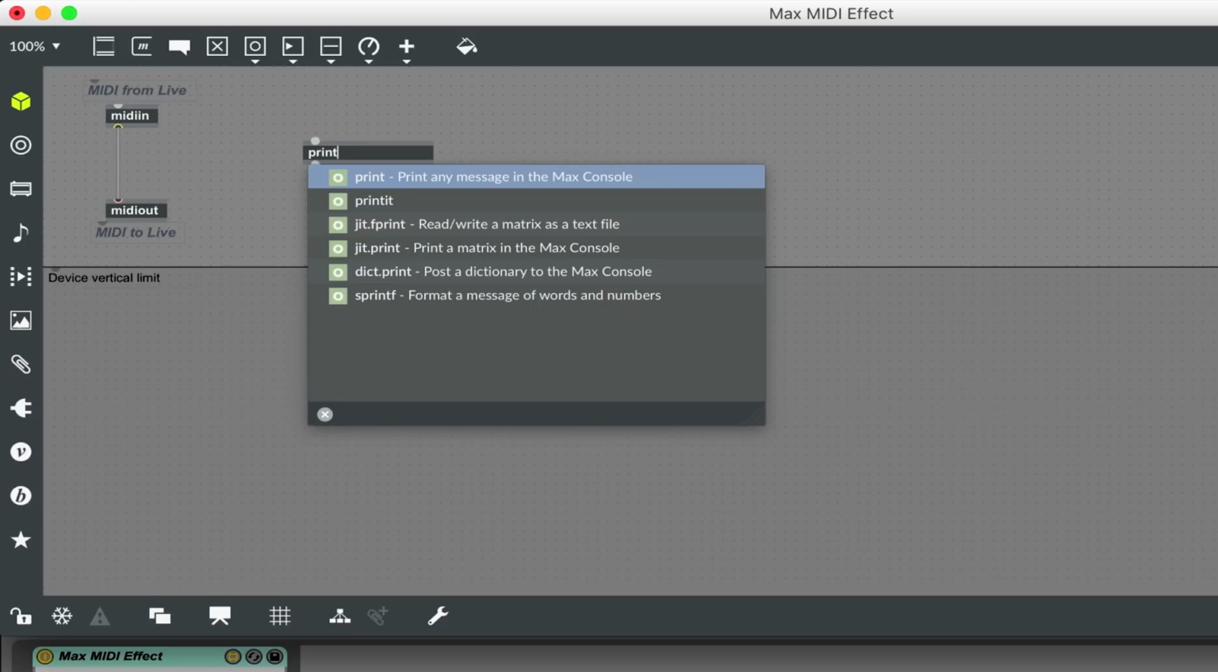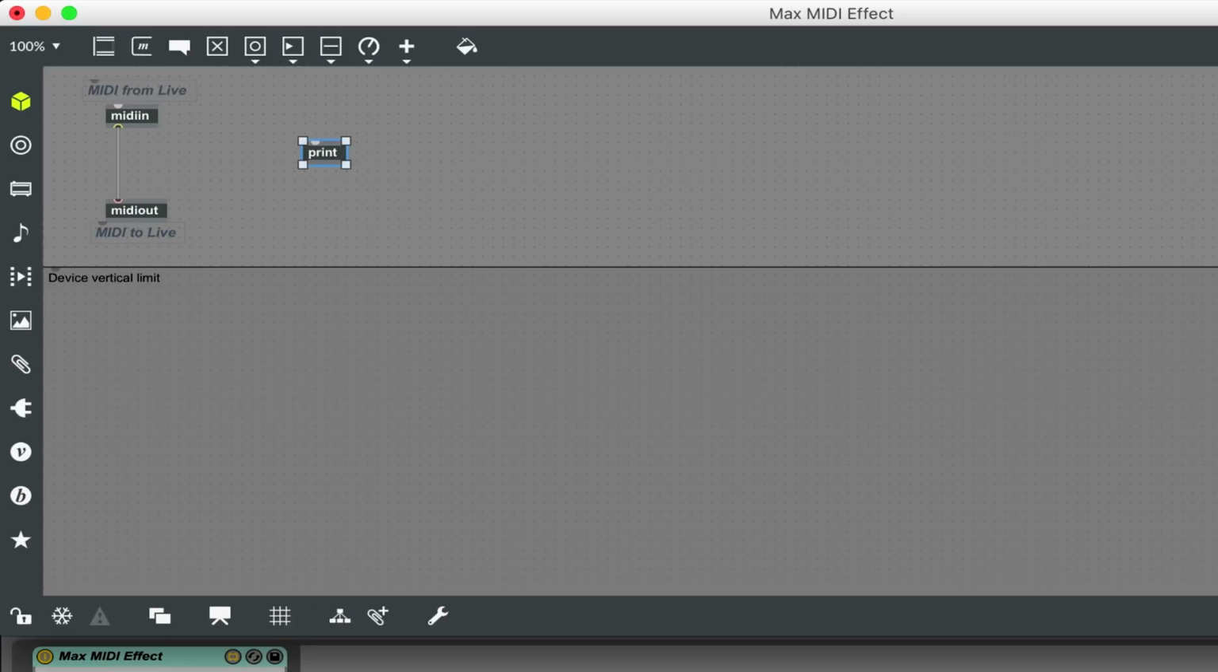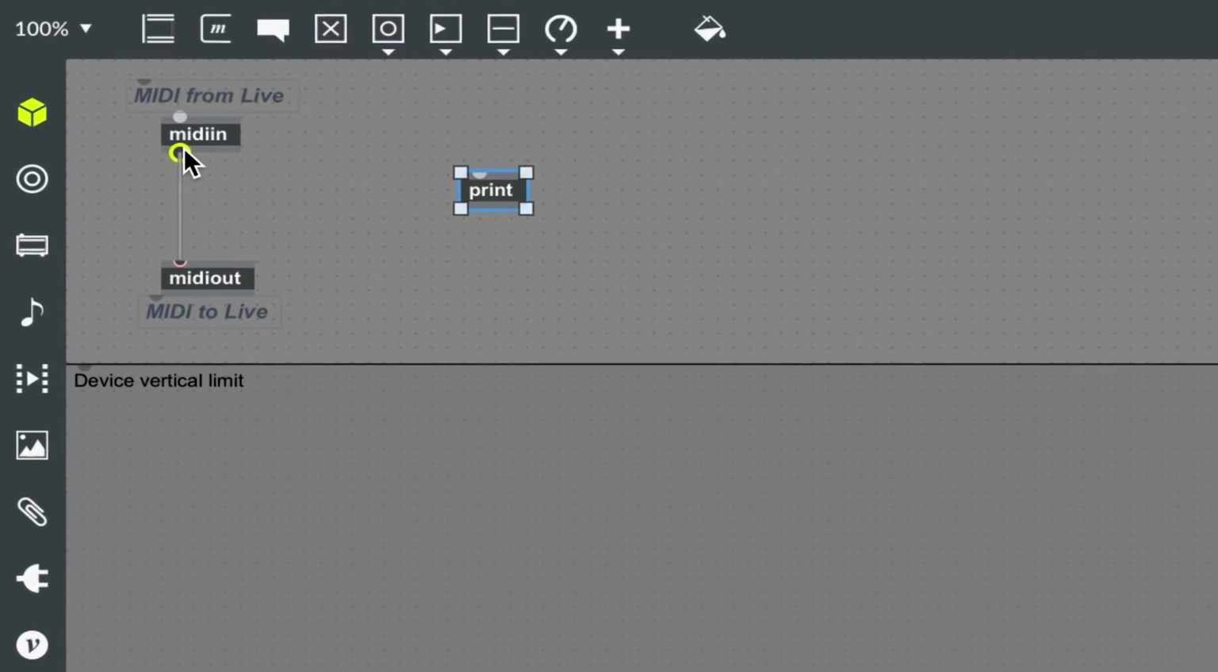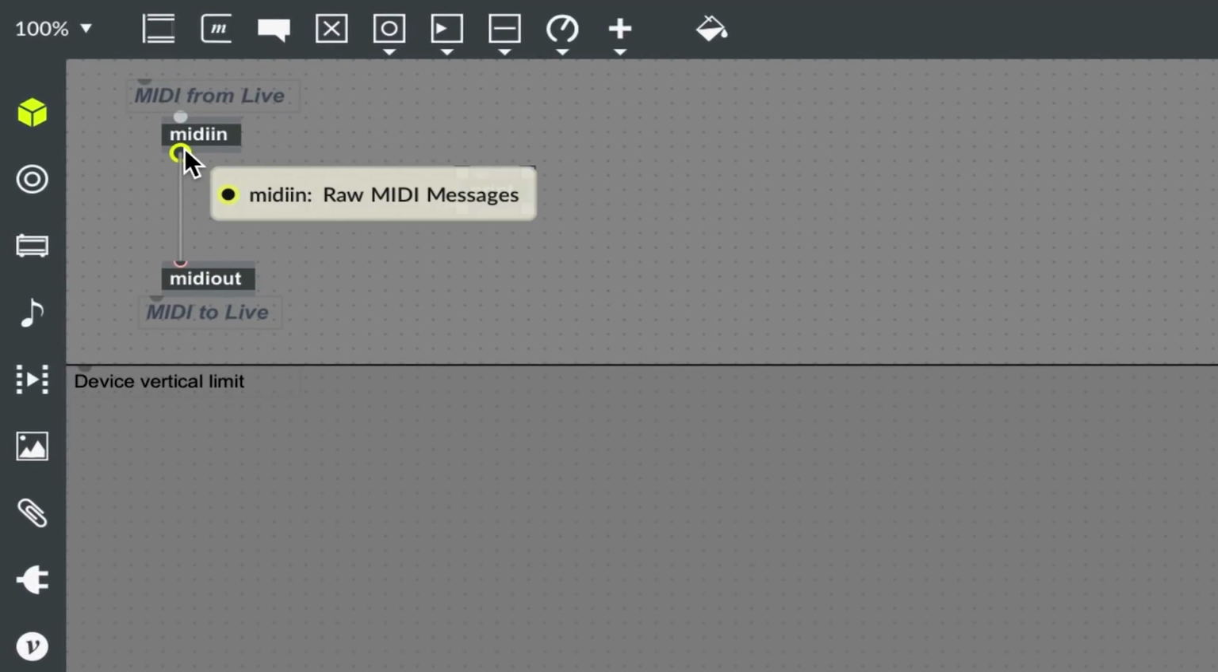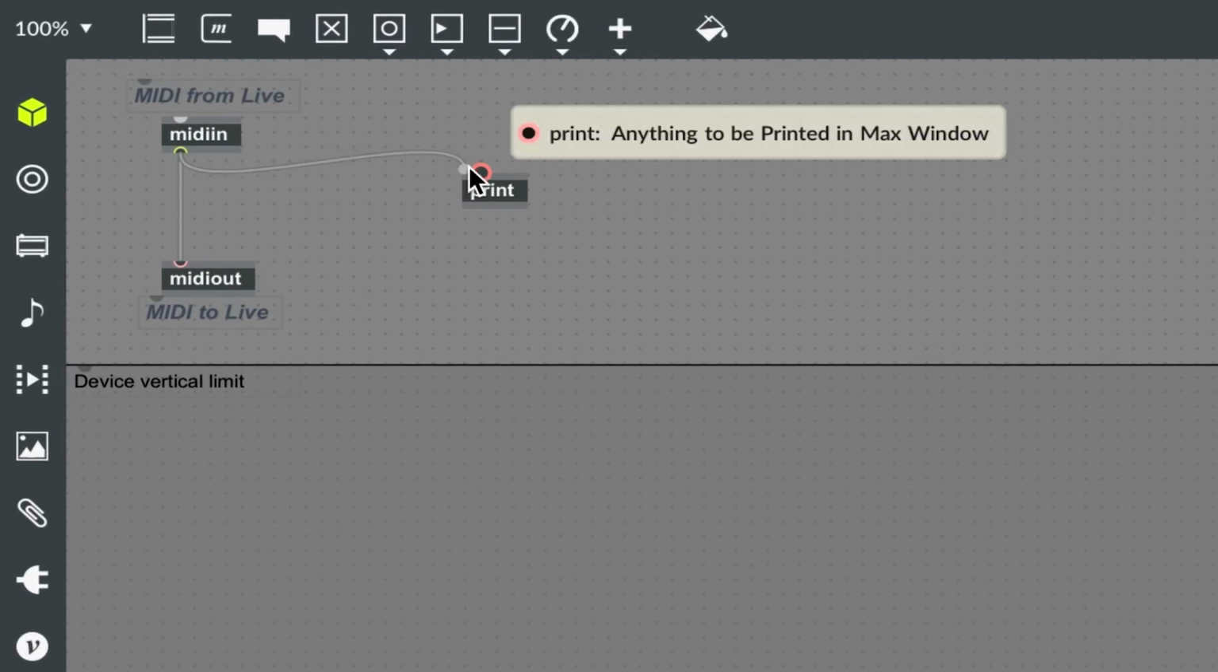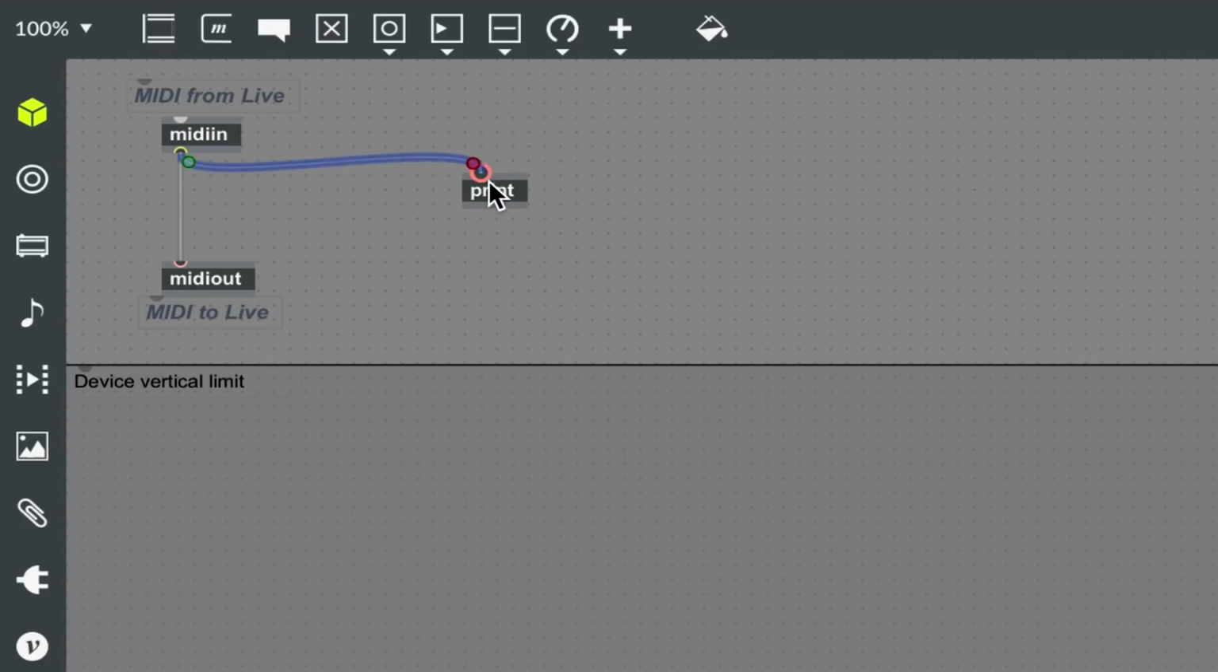Now the idea with print is anything sent to its input will be printed into the Max window. And if you hover over the input port, it'll give you some information about what the object does. So I will connect the output port of the MIDI in object over to the input port of the print object. Once I do this, any MIDI that's being received into the print object will be printed to the Max